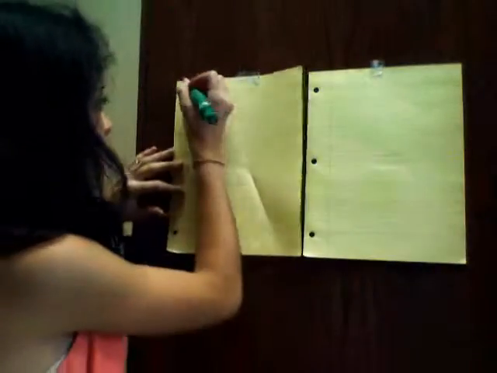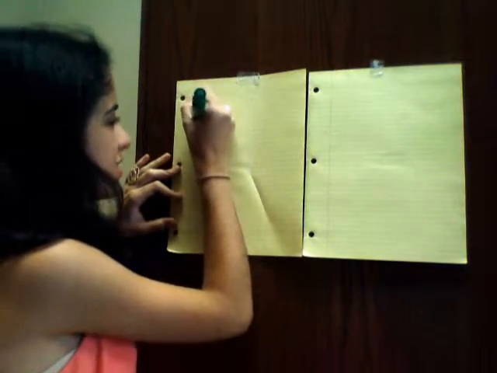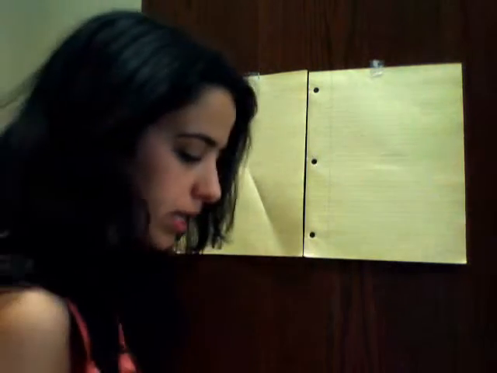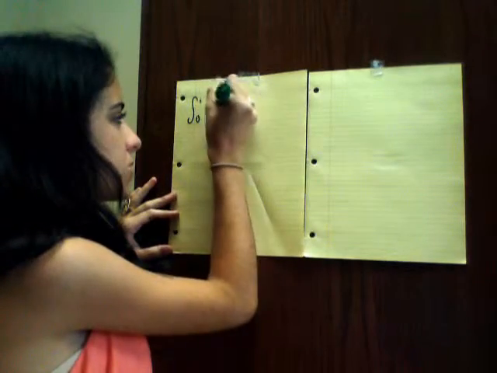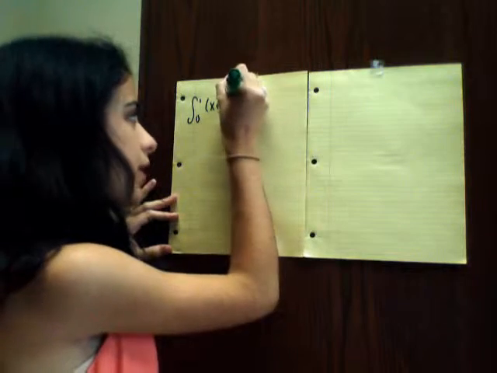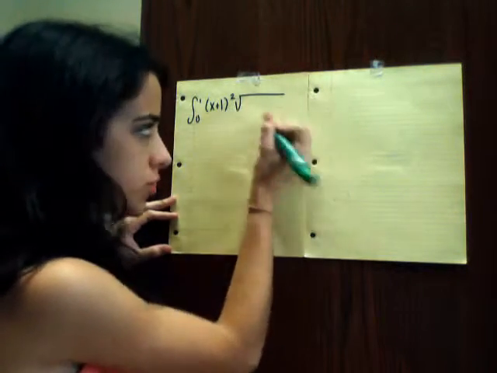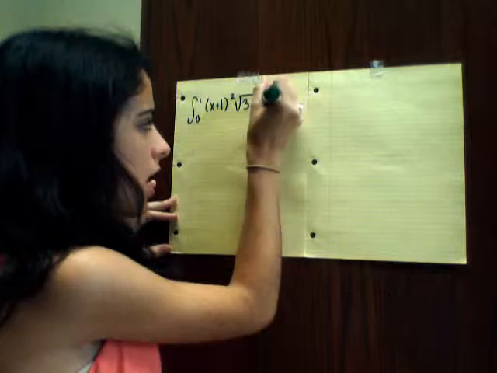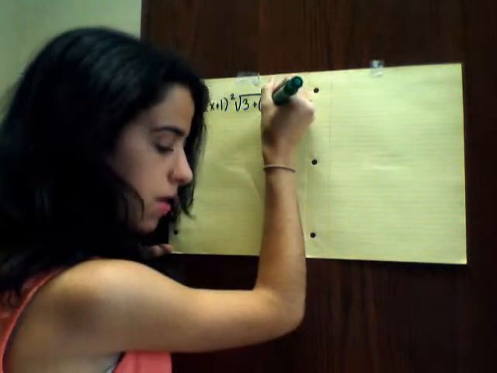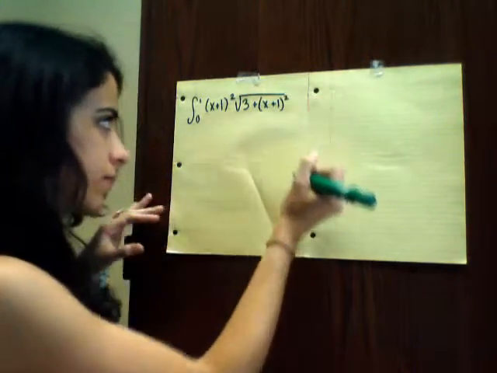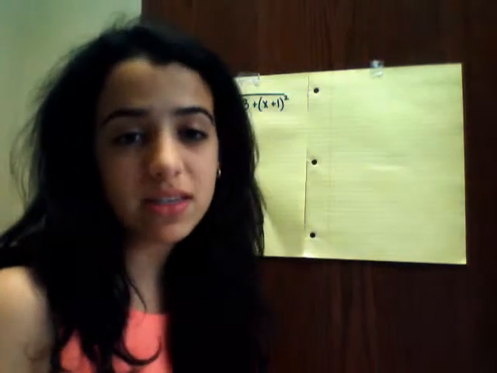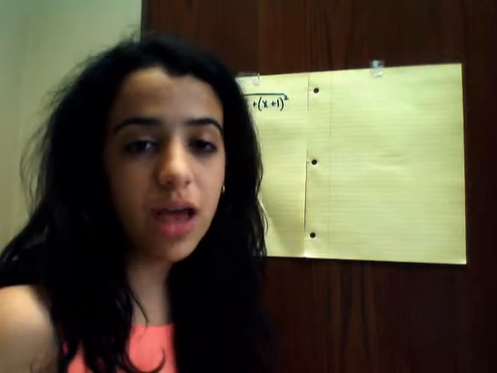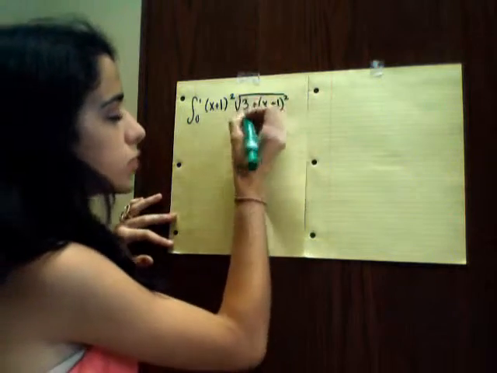So in this question we have to find the integral of a function, the integral as x goes from 0 to 1 of (x plus 1) squared times the square root of 3 plus (x plus 1) squared. In order to simplify this equation, first what we have to do is